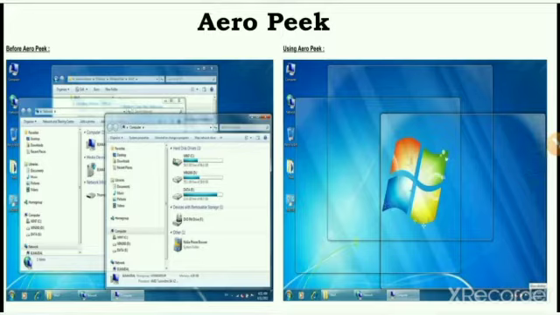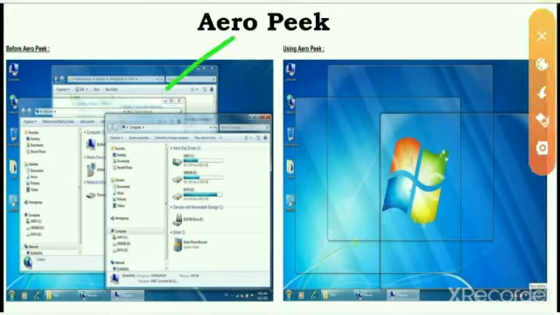Aero Peek is a Windows 7 feature designed to improve your experience with the interface when there are multiple windows open on your desktop. It can save your time if you know how to use it. This feature lets you quickly view the desktop without minimizing the open windows.